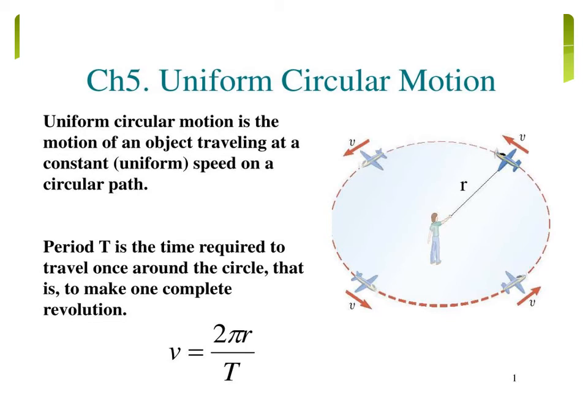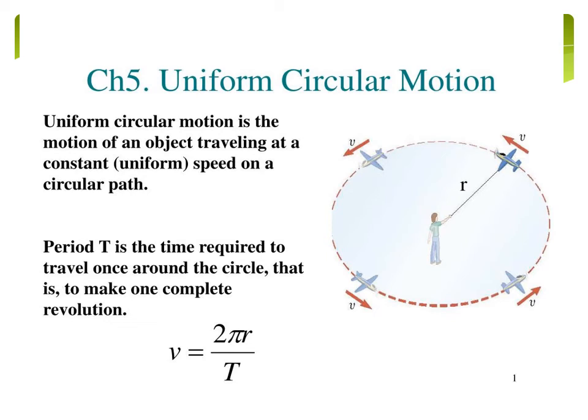If an object is moving along a circular path, it will have some radius, that is r. And the time taken to come back to its starting position will be T, capital T. Then the speed v is given by speed is equal to circumference by time taken. That is v equal to 2 pi r by T.